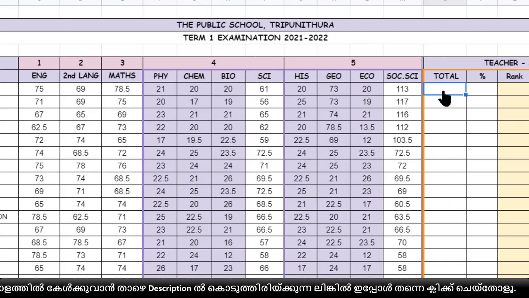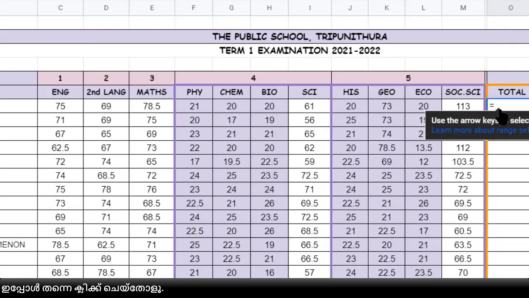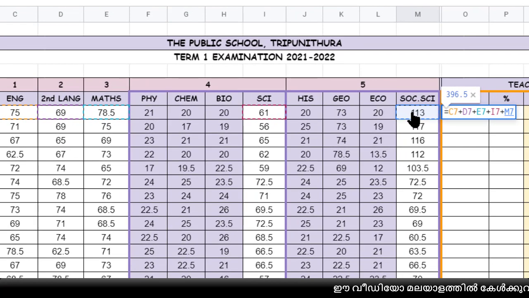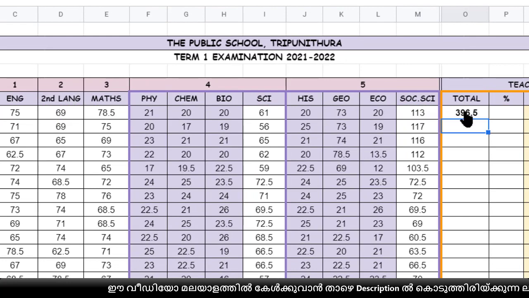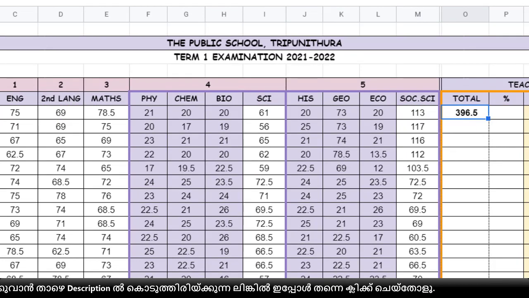Here also we can use 2 methods, starting with an equal sign. First method: click the cells, equal to first mark plus second mark plus third mark plus science mark plus social science mark. Finished. Then enter. Then we can add all the marks by dragging down here.